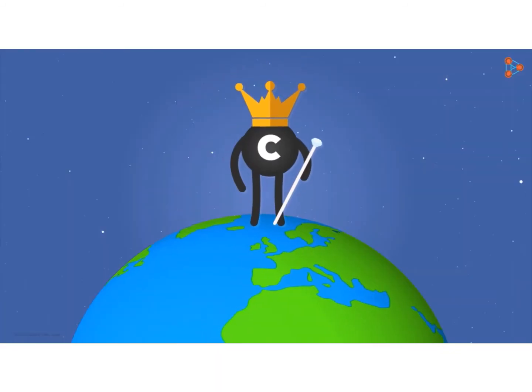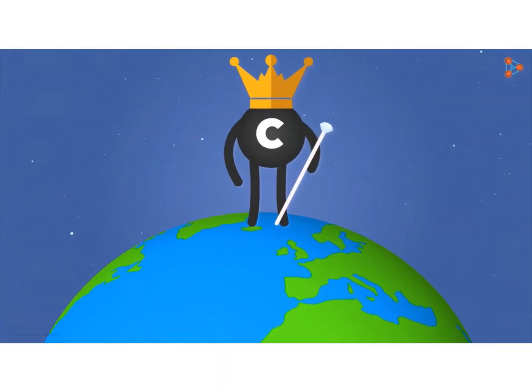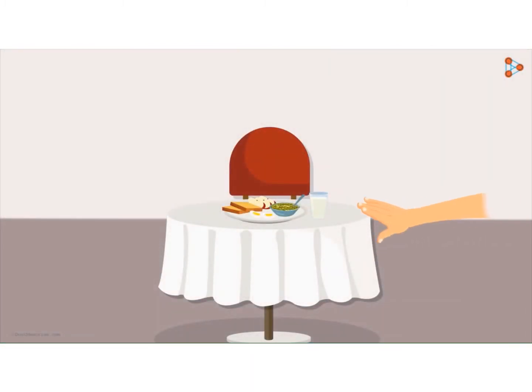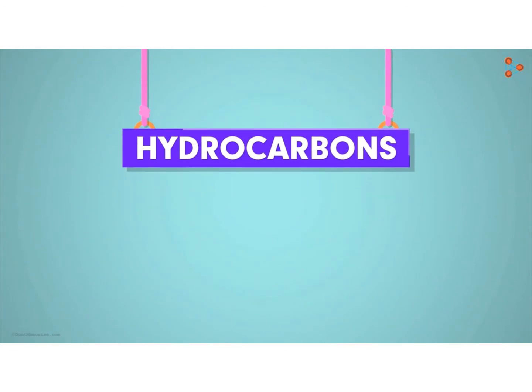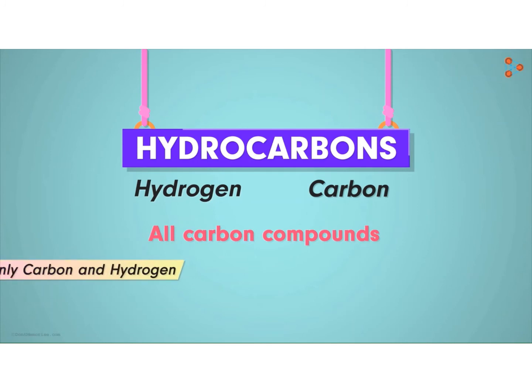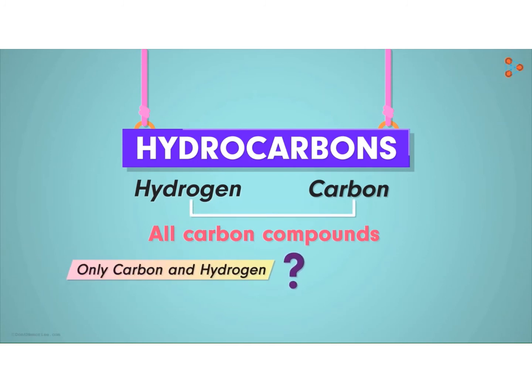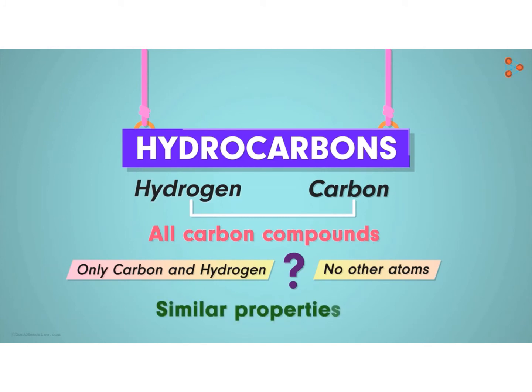Carbon compounds rule the globe. They are present in almost all bits and pieces that we can see, touch or smell. However, when we say hydrocarbons, what does it exactly mean? Yes, in literal terms, we mean compounds made up of carbon and hydrogen. But tell me one thing, are all the carbon compounds only made up of carbon and hydrogen? Are there no other atoms that make up the compounds? If all the compounds had only hydrogen and carbon, then every compound should have the same or similar properties, right? But that does not happen.